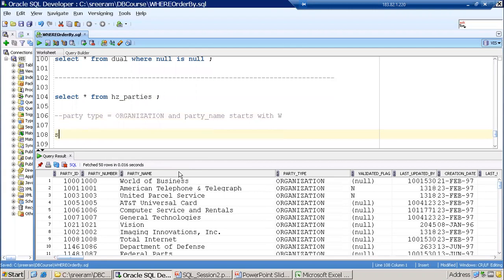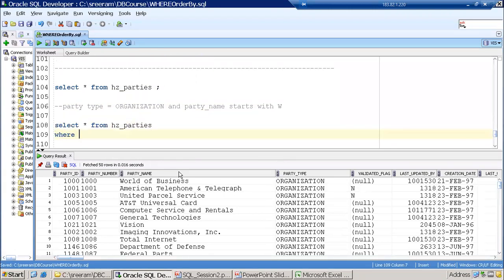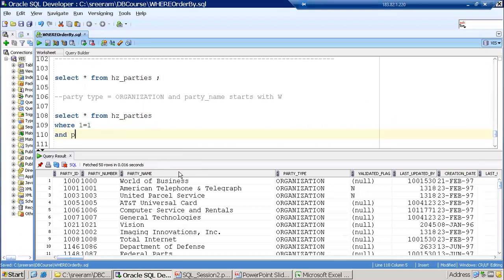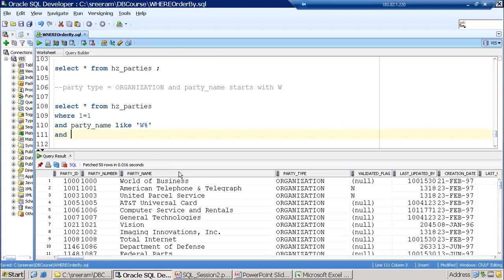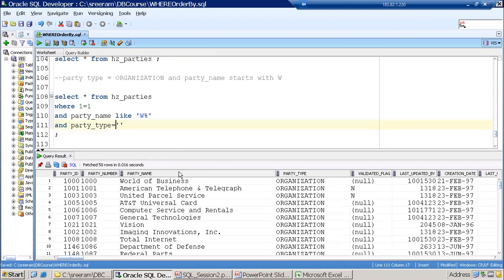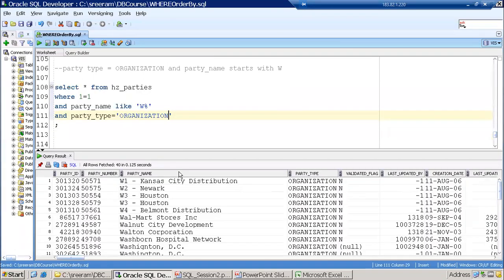Okay, how do we write it? Select star from heads at parties where 1 is equal to 1 and party name like 'W%' and party type is equal to organization, right? So this is how we can apply this logic.